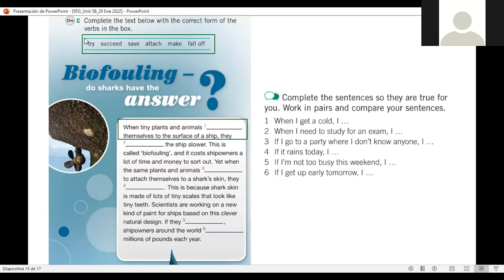Help me reading, please, number 1. Eduarda, are you there? Teacher Edu me dice que tiene problemas con el audio. Yes, because I cannot listen to her. Help me then the first part or completing the first part, please. Marcelo, can you help me with number 1?